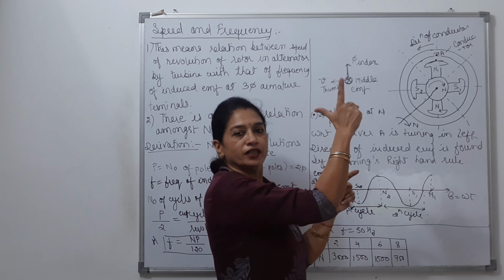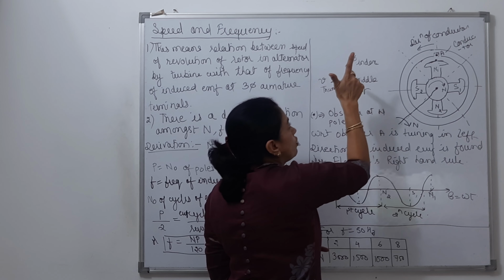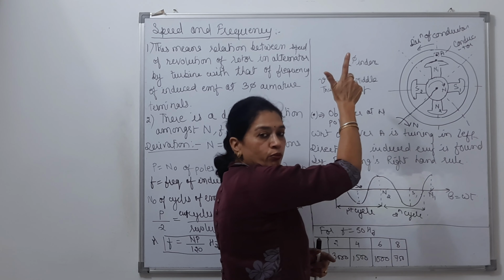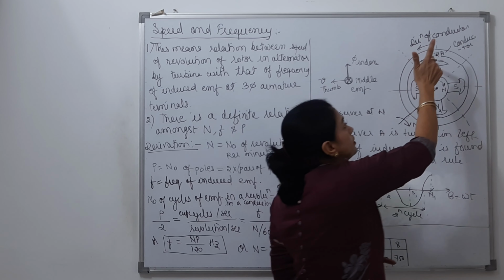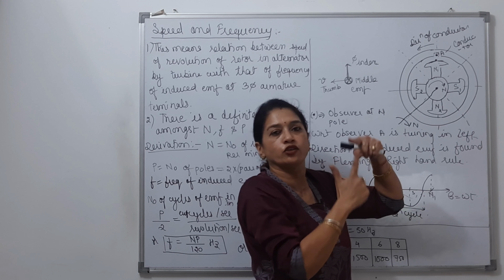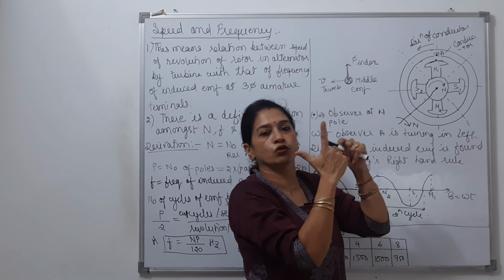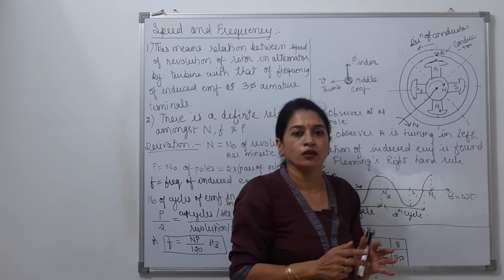So this finger is getting inside the board. So the direction of EMF would be perpendicular to the board and inside to the board. So the direction of EMF will be inside to this conductor. Why so? Because the direction of magnetic field is this one, and the direction of movement of the conductor is this one. So EMF's direction is inside.